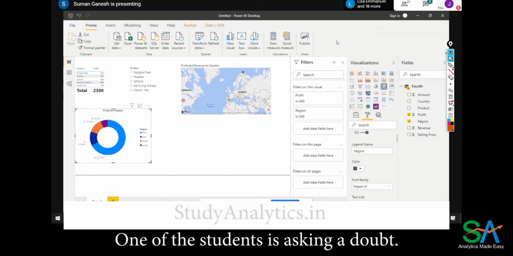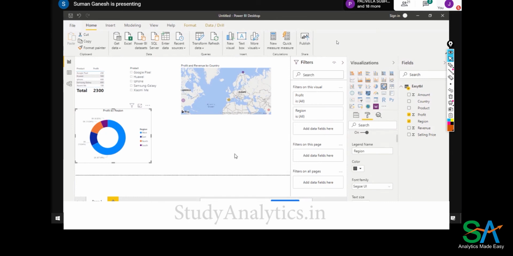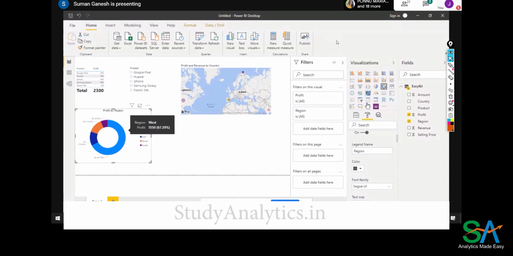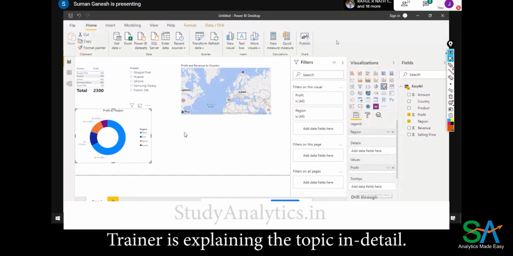Okay. Suman, actually, what is the use of tooltip? Can you explain once? Oh, tooltip. If I just hover over it, you should be able to get the region and profit over here. See. In the tooltip, you'll obviously get it, but you are very specific about, see, one of the data has not been added into your chart.